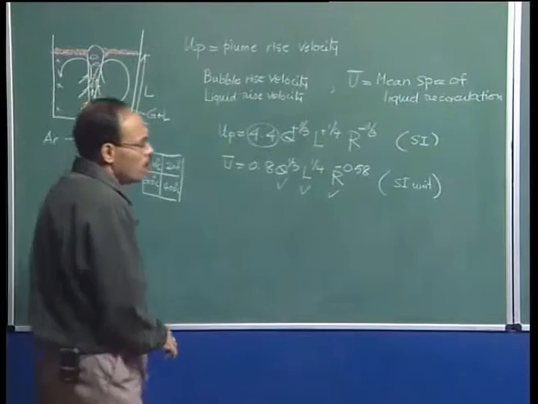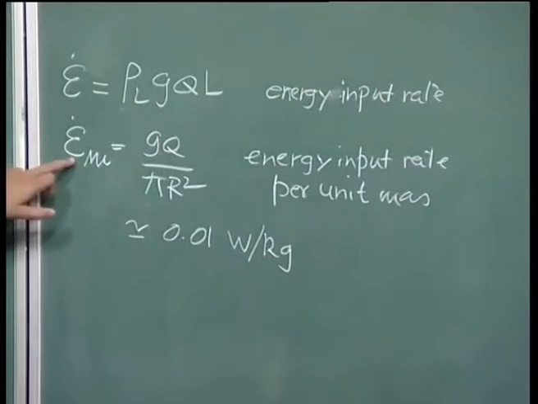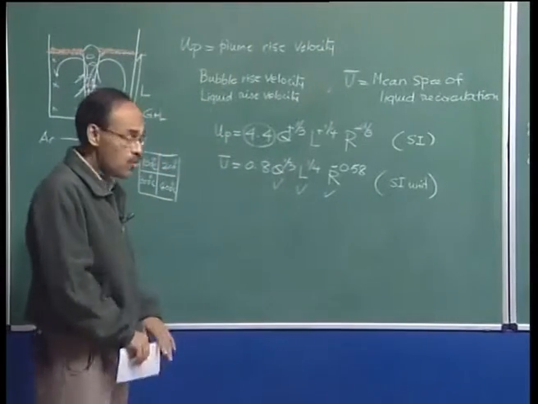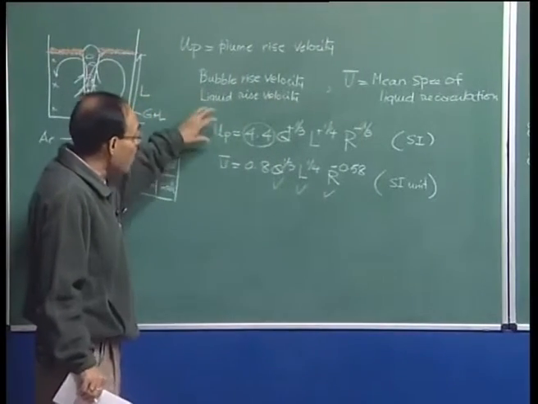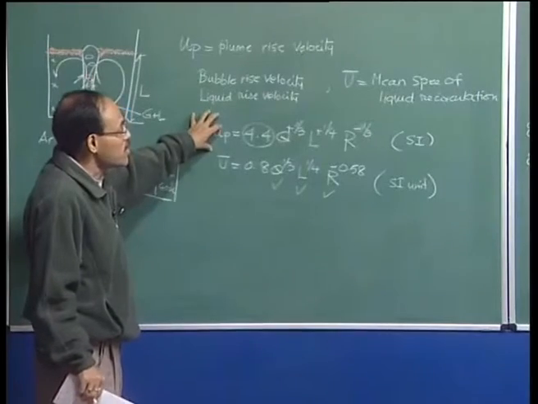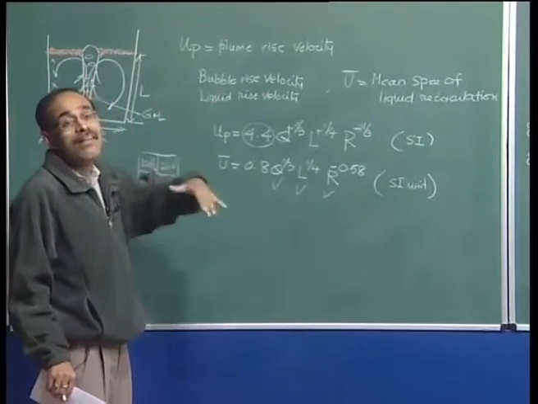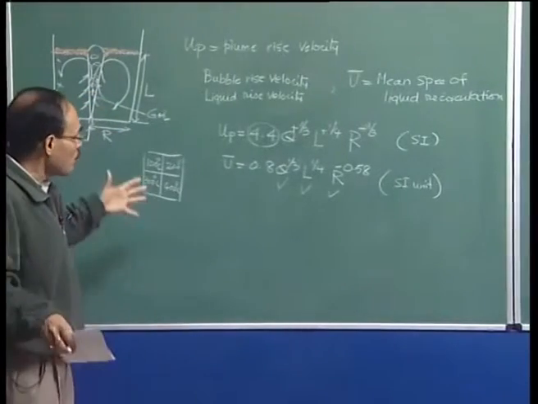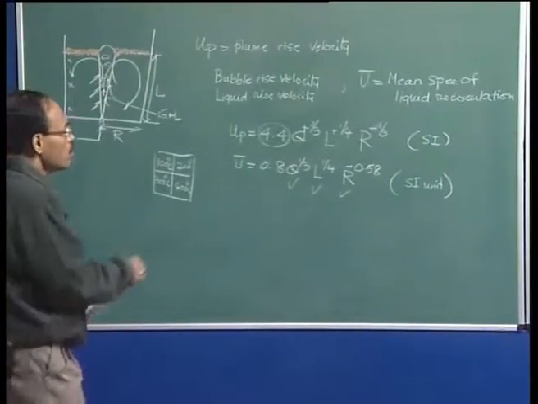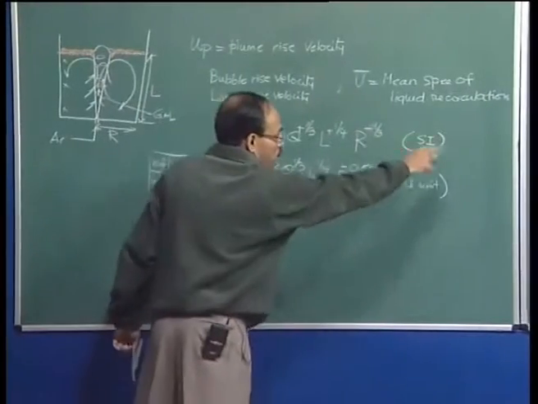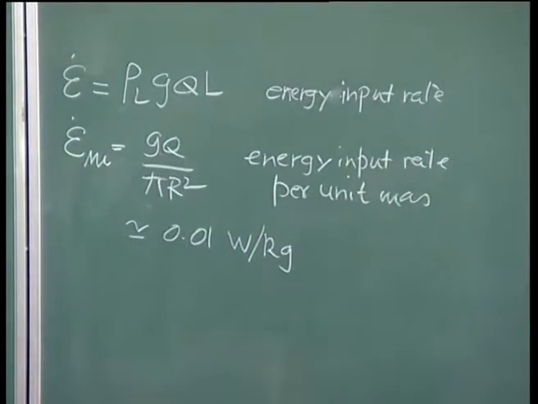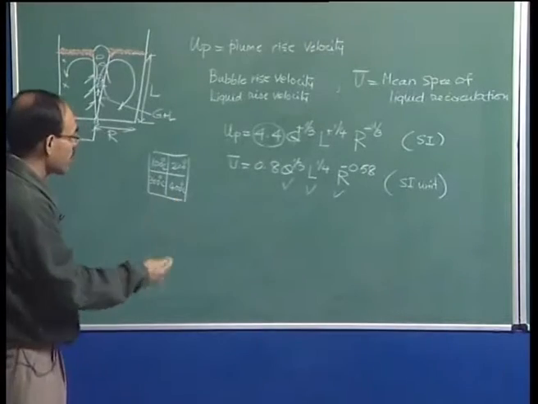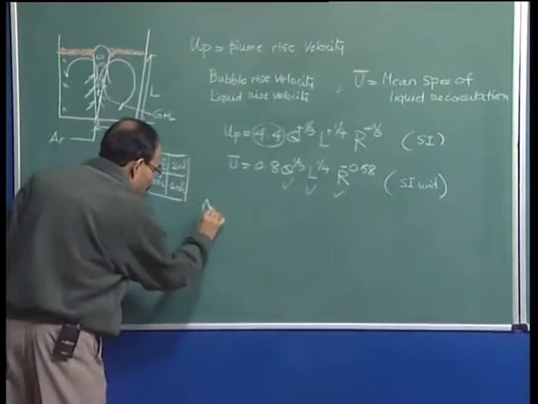Now, for the same amount of specific potential energy input rate, on the basis of this equation, I can show that there will be a higher plume rise velocity in the system if they are taller, and there will be more recirculation if the system is of bigger capacity. So, using this formula as well as these prescriptions, I can very well show, that is for you to do this calculation. And so, at the same specific gas flow rate,